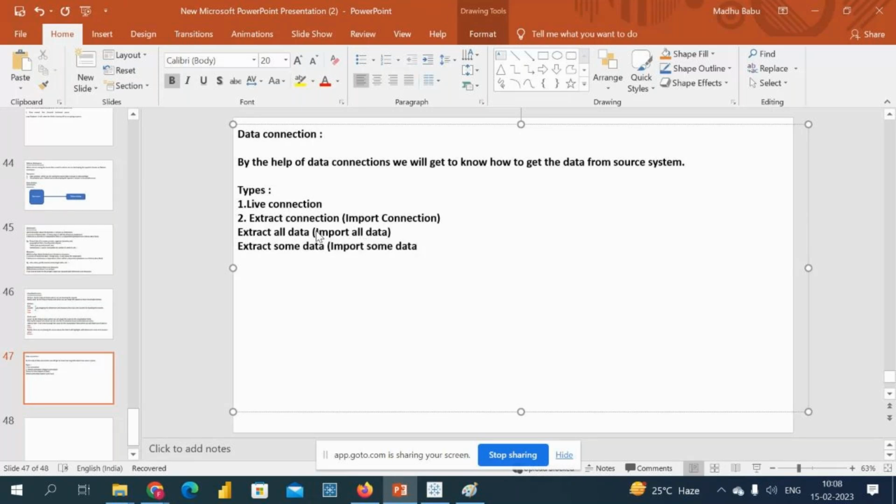Sometimes they may ask you what an import connection is. Don't think it is something secondary. Import is nothing but an extract connection. So we have live as well as extract connection, and in the extract connection we have both extract all data and extract some data. So let's start with the live connection, guys. What is a live connection? I hope